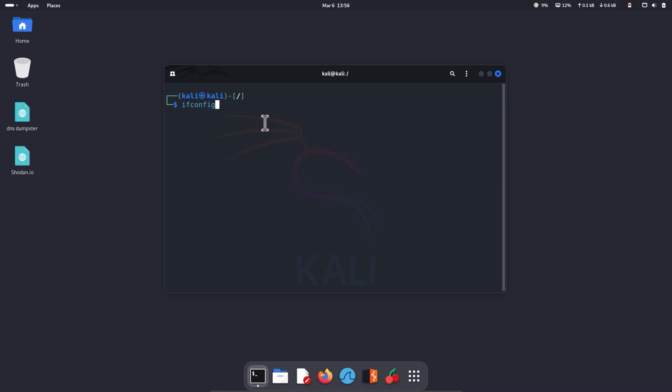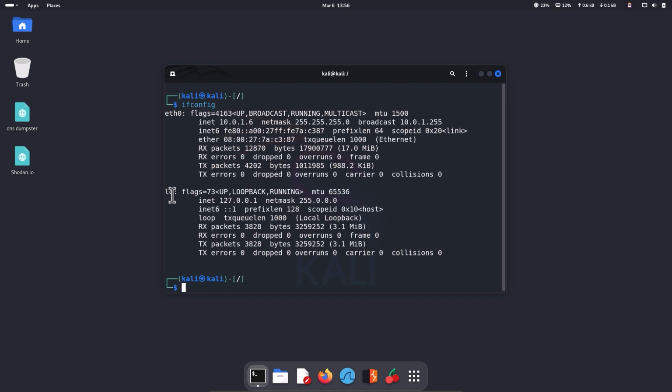So let's check first, with the command ifconfig. Over here you can see that this lo is the loopback address, and here on the first one, eth0, which is Ethernet 0, I have the IP address followed by this, which is the MAC address. We are interested in the first one where you can see the IP address along with where it says Ethernet. So this is the MAC address, and this stays permanent for each device,